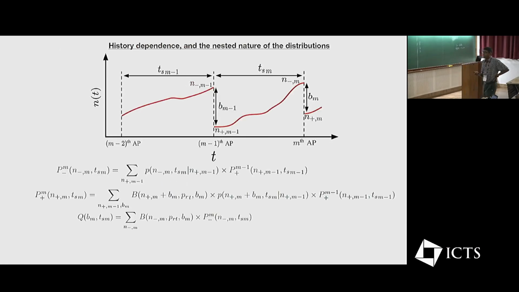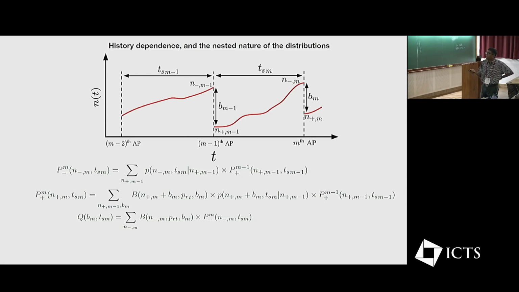Okay, so here is the mathematical version of the problem. If the number of docked vesicles is, let's say, n(t) as a function of time, after one action potential, typically it will be low, then before the next action potential it will rise, then there will be a drop because of the release, then again a rise, again a drop, and again a rise. So this will continue repeatedly over different cycles, where these are the time intervals between two action potentials, the (m-1)th and the mth one. So how one can proceed is that one can say there is a probability, for example, of